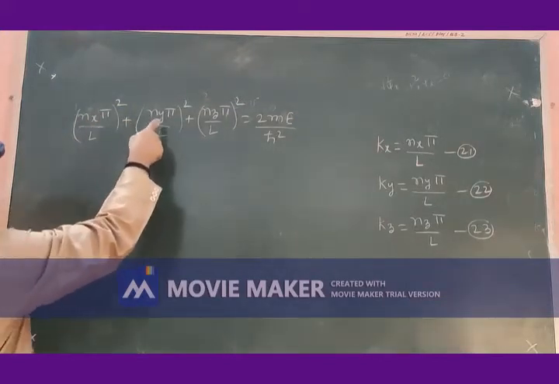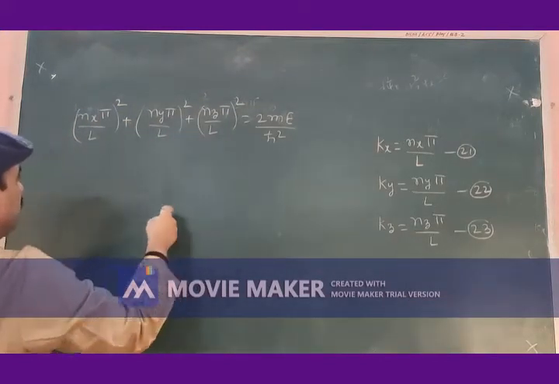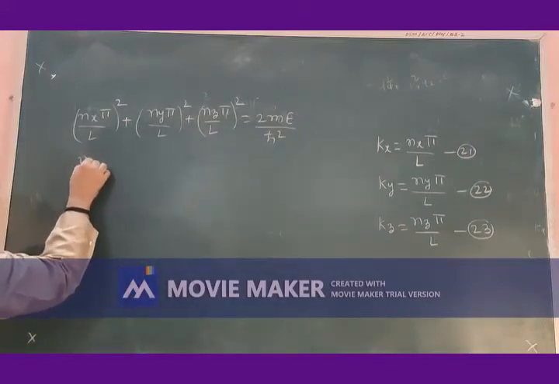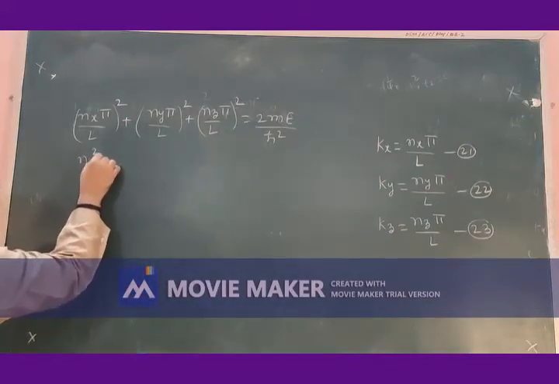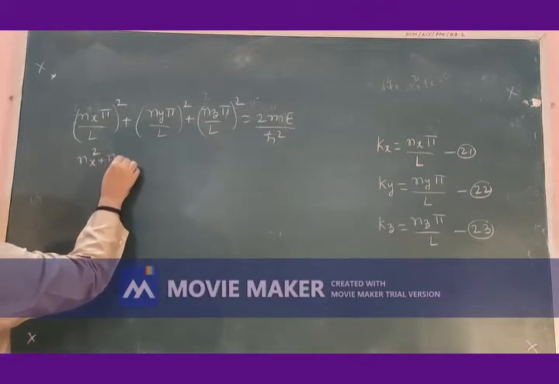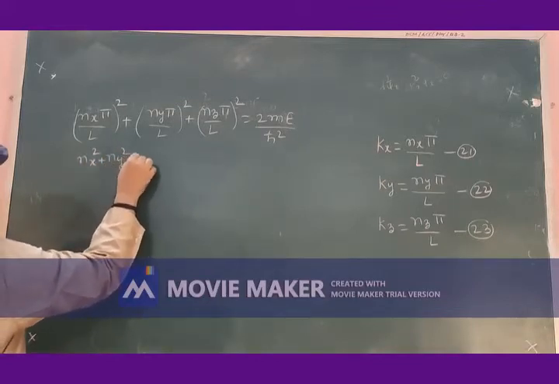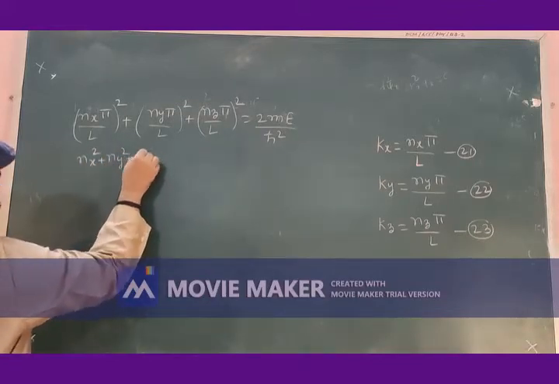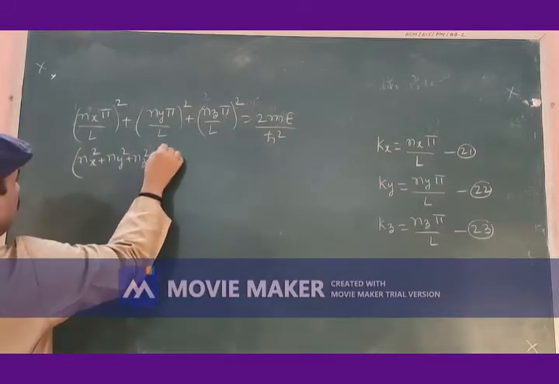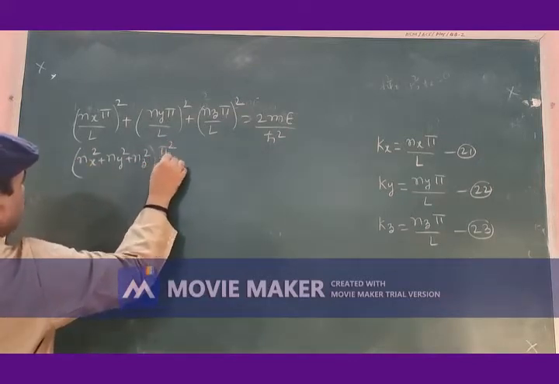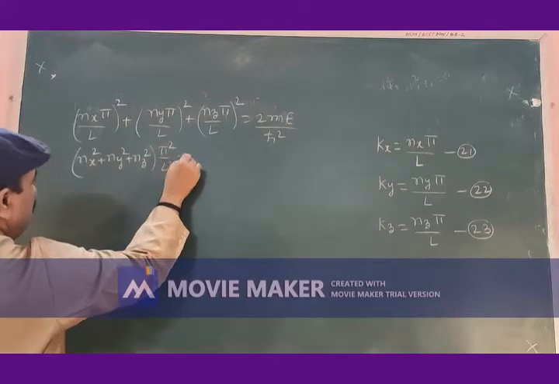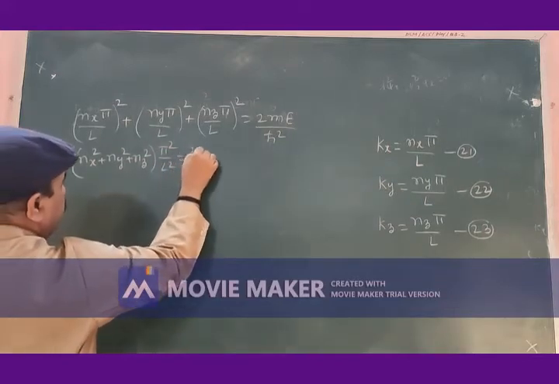Pi by L can be taken common and we may further have (nx square plus ny square plus nz square) into pi square divided by L square is equal to